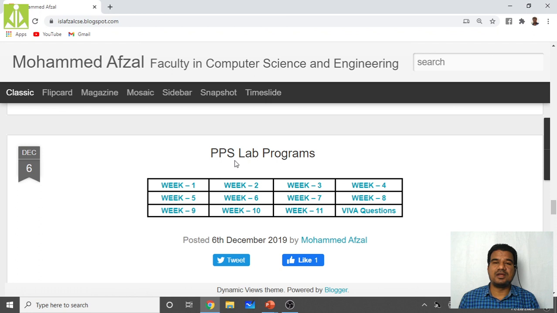As I said, it is a lab-oriented subject and we are going to have a lab as well. Inside the lab, the complete programs we have to complete in 11 to 12 weeks, and in the last week we are going to conduct the lab internal. So the complete programs we have to wind up in 11 weeks, and what sort of programs we have to practice every week, that I have kept over here. So you can refer to this as well.